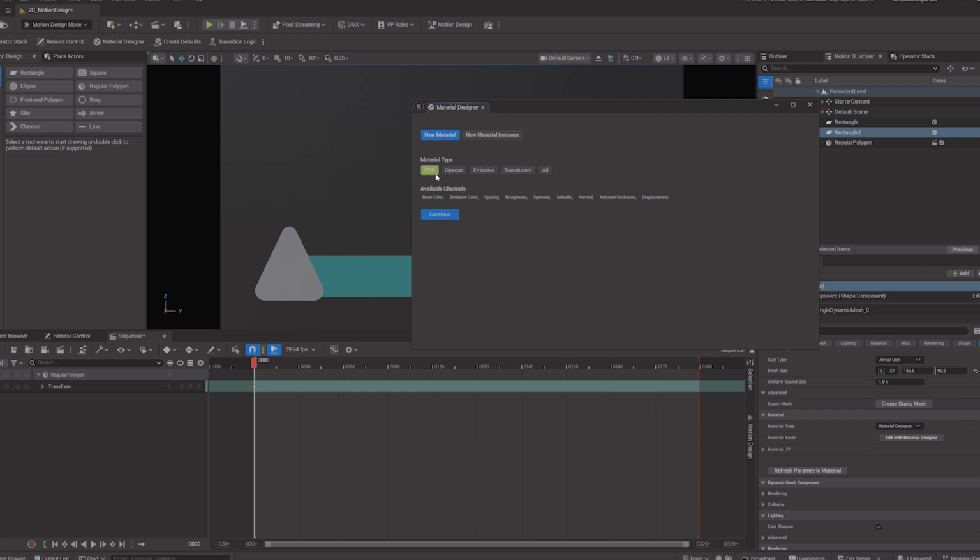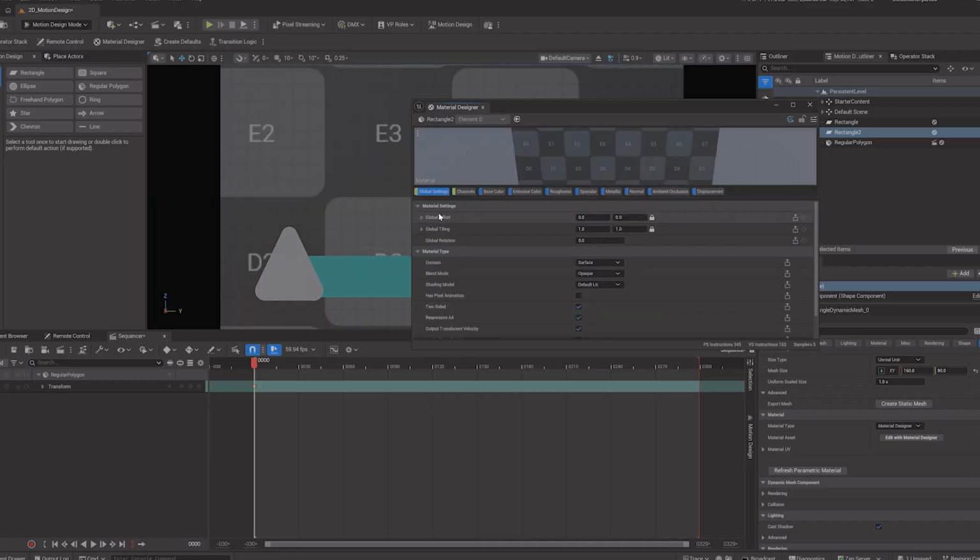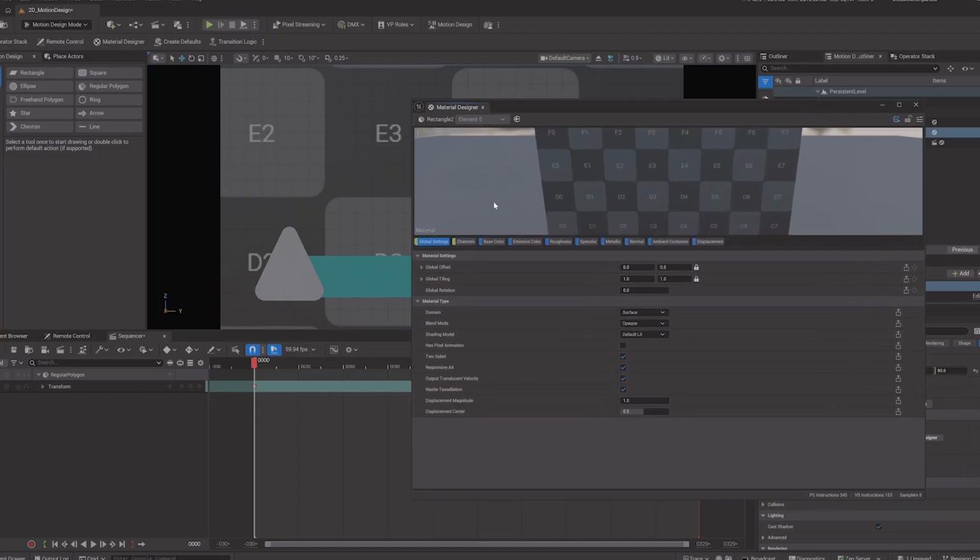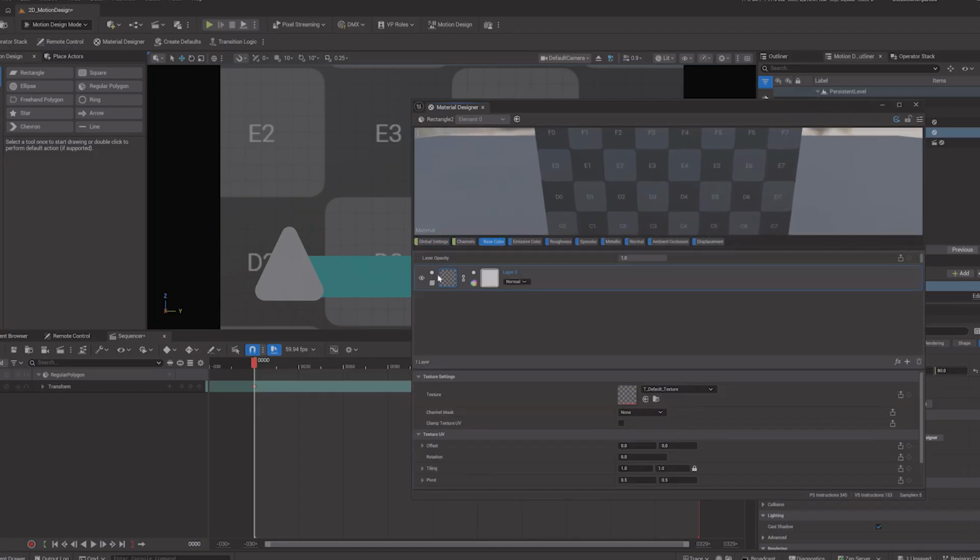So in this case, let's choose material type as PBR, which offers us base color, emissive color, opacity, roughness, specular, metallic, normal, ambient occlusion, and displacement channels. So under material designer, under PBR material type, choose the base color, select the base color, and under base color,